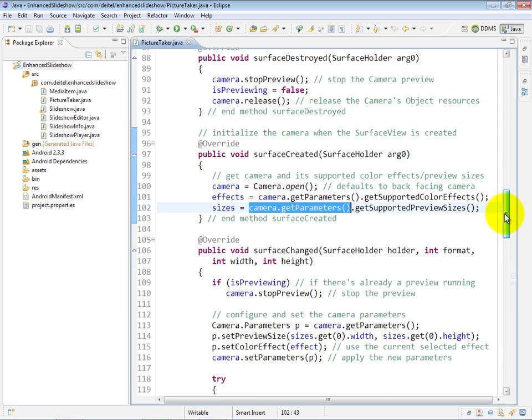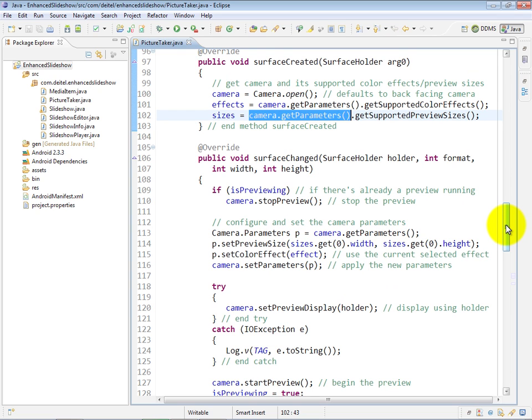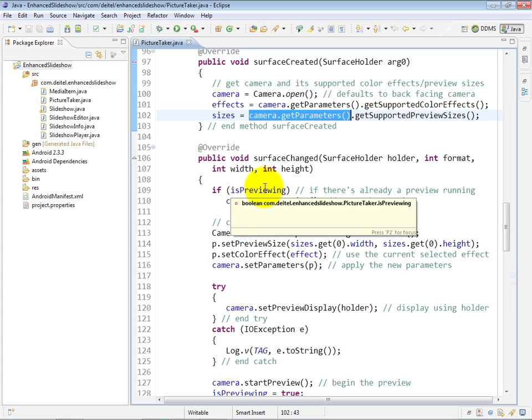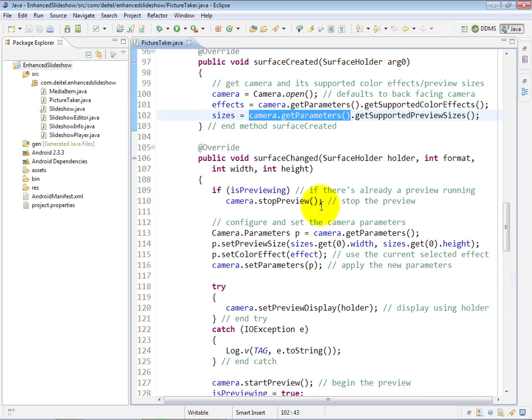Now, when the surface is changed, which happens at least when the surface is being created, so this is going to get called at least once for the surface view, we use that to configure the surface view initially. If the camera was already previewing, we stop the preview. Perhaps this is getting called because the user rotated their device and therefore is switching between portrait and landscape modes or vice versa. We go ahead and create a camera.Parameters variable called p by getting the existing parameters object, and